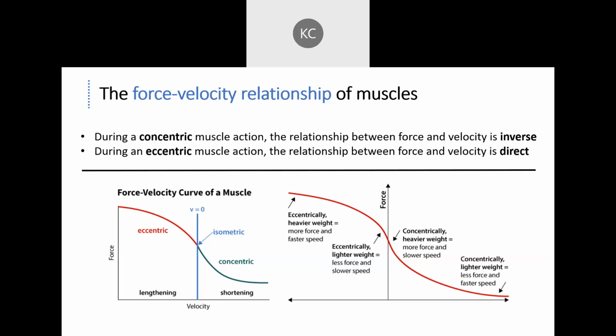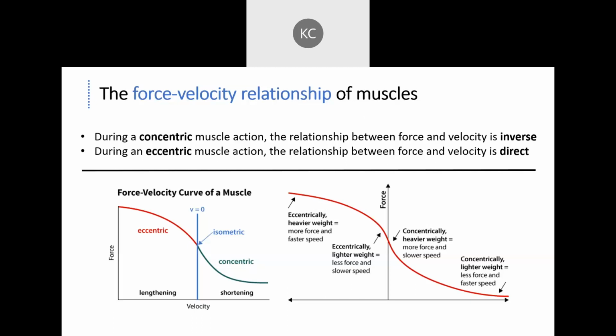So what we'll see is that whenever a muscle is getting shorter with a concentric contraction, the relationship between the force and the velocity is inverse. We'll see that whenever the muscle is getting longer, eccentric contraction, the relationship between the force and the velocity is direct. So if we look at the first one, during a concentric muscle contraction, the relationship between force and velocity